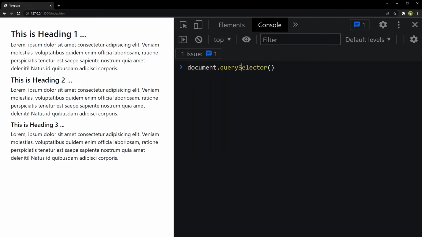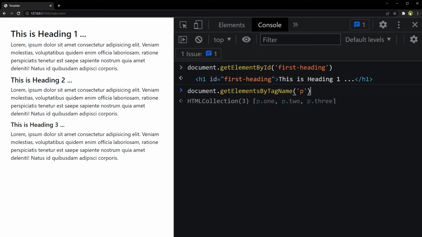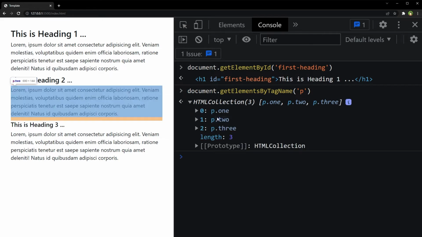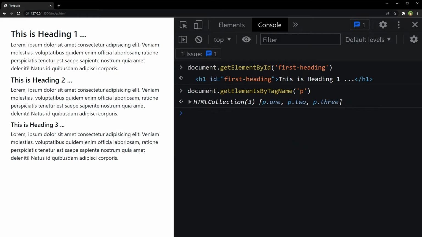I use document.querySelector. There are other selectors as well, like document.getElementById, and we selected the first heading. We have document.getElementsByTagName and then the tag name inside. All elements with tag name P, paragraph, were selected. Then we have document.getElementsByClassName, and the element with the class name was selected.